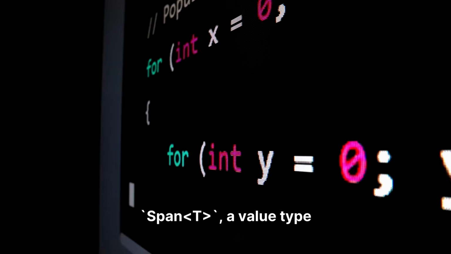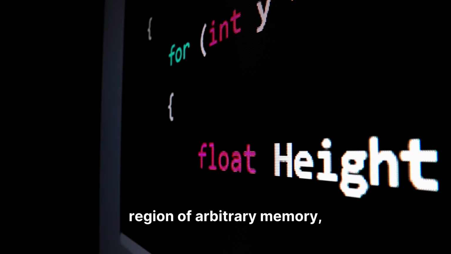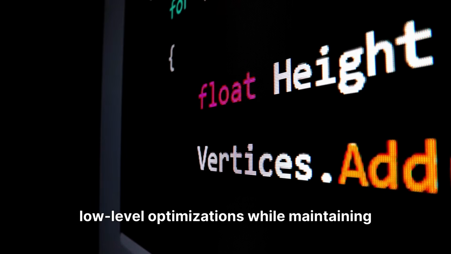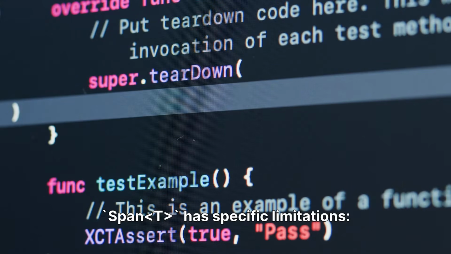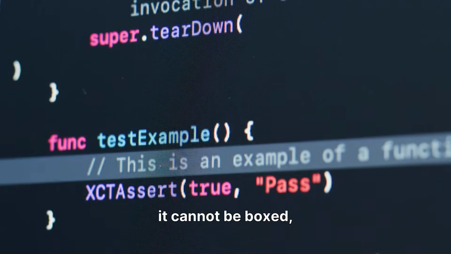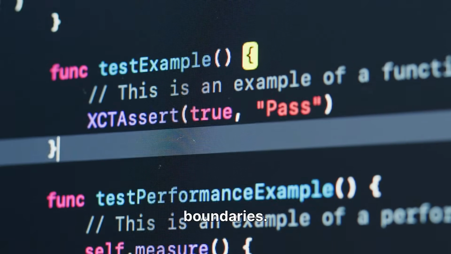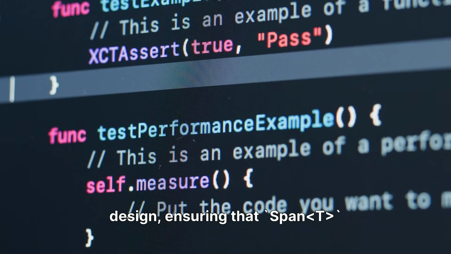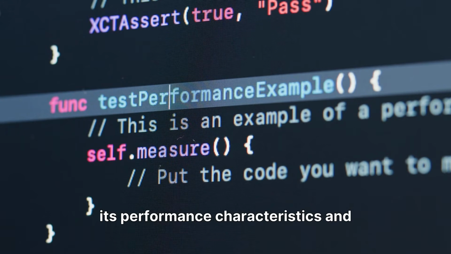Let's delve deeper into Span<T>, a value type that represents a contiguous region of arbitrary memory, whether on the stack, heap, or unmanaged. Its flexibility in referencing different memory locations makes it incredibly powerful for low-level optimizations while maintaining C#'s type safety. As a ref struct, Span<T> has specific limitations. It cannot be boxed, assigned to object or dynamic types, or used across await and yield boundaries. These restrictions are by design, ensuring that Span<T> remains a stack-only type, which is crucial for its performance characteristics